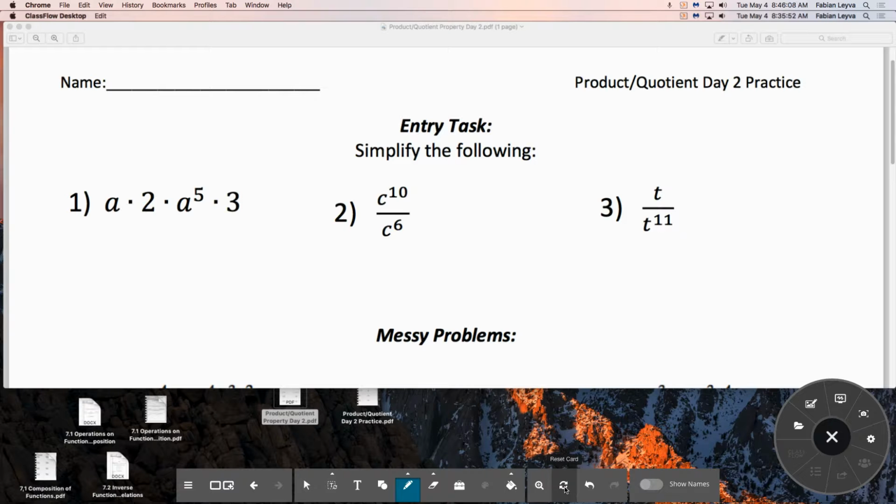All right, guys, so keep in mind that these first three problems are pretty much what we did yesterday. We started off with the basics yesterday, the basic product and quotient rules of exponents. And today we're just going to build on that. So, if you know how to apply the three rules in these three problems, you're going to be doing the exact same thing for each of the problems that we do today, but it's going to be a little bit